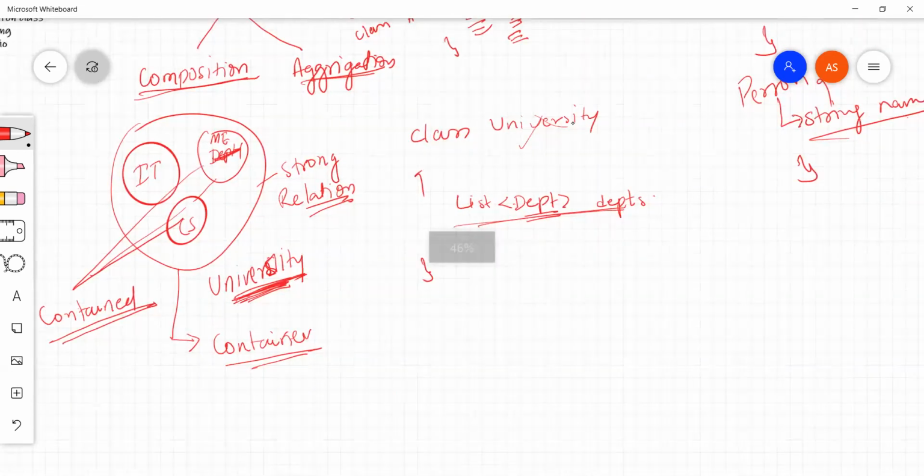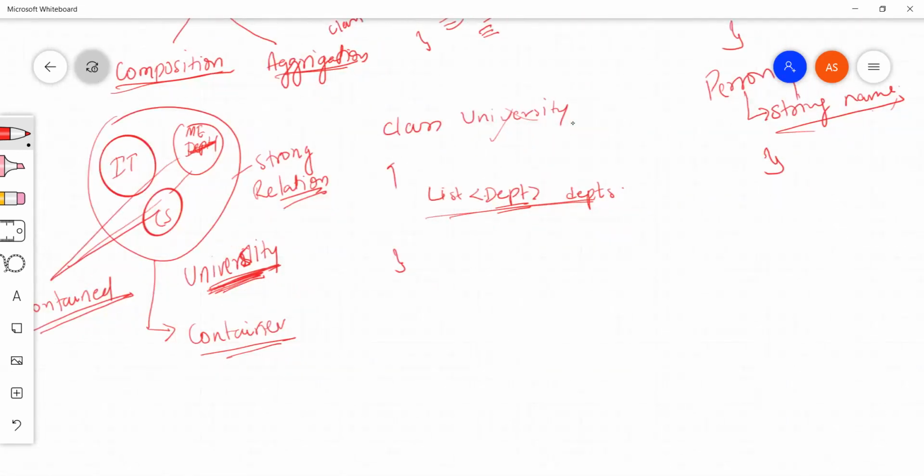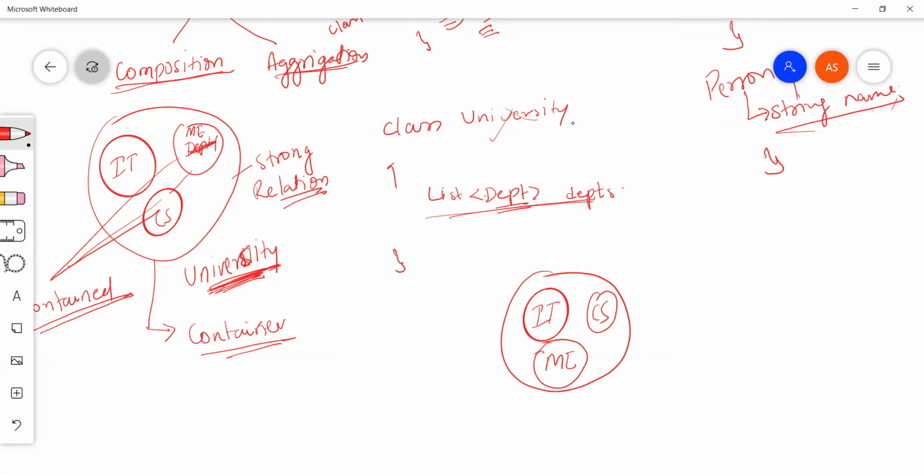Now, let's take an example of aggregation so that we can differentiate how it differs from composition. Let's say we have a department. Again, I'm taking the same kind of example: we have IT, CS, ME. This is basically our container. And here we have some professor, for example.